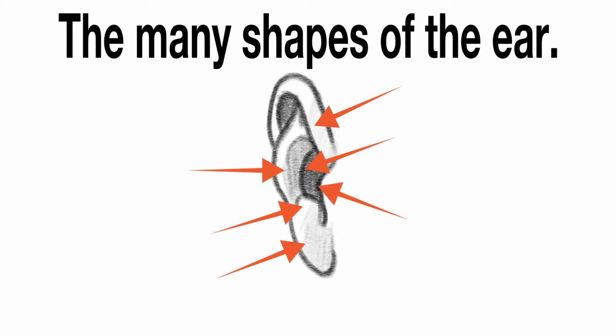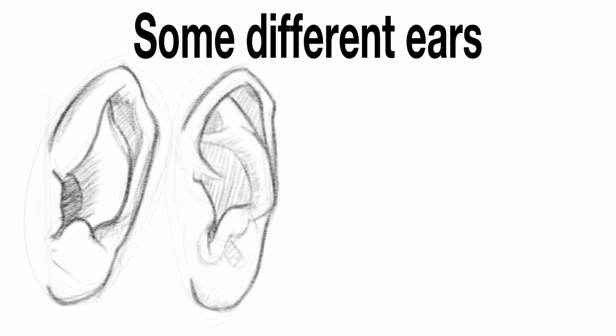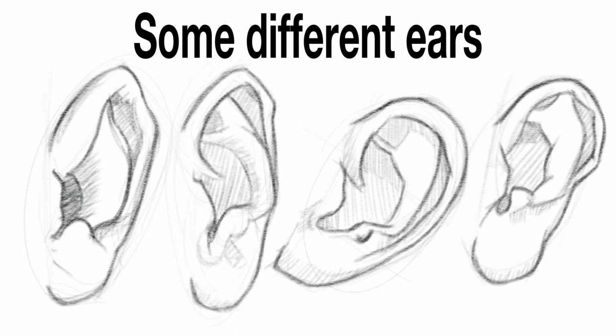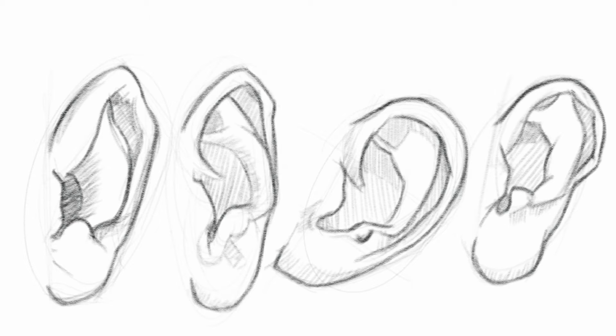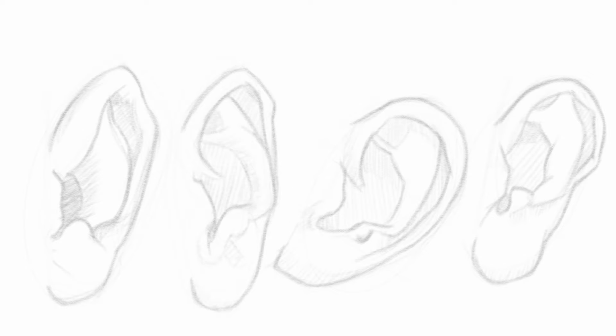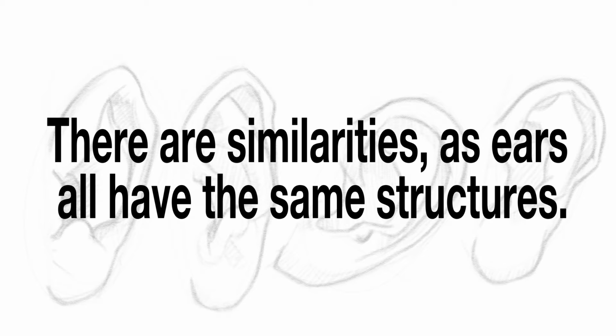The ear can be challenging to draw because there are several complex shapes within the ear, and everybody's ear looks a little different. Some ears are round or stick out more. Some ears are more cup-shaped, while other ears are flatter. Some have very prominent features, while others, those features are less prominent. As we look around at our friends and family's ears, we can see that there's a lot of variety within ear shapes. However, all this variety is based on the same structures. Though these shapes might appear different from person to person, these structures are all the same. So even though there are many differences within everybody's ears, there are similarities.